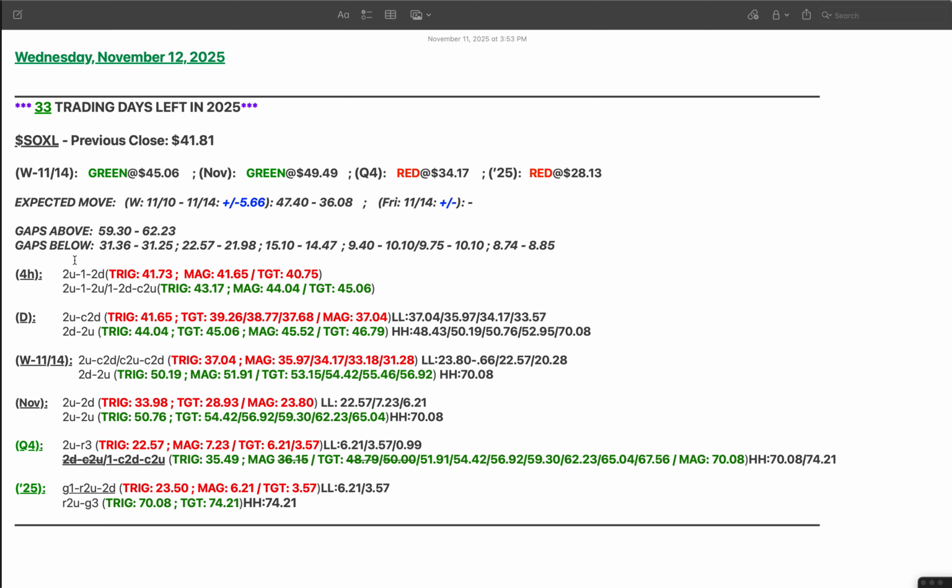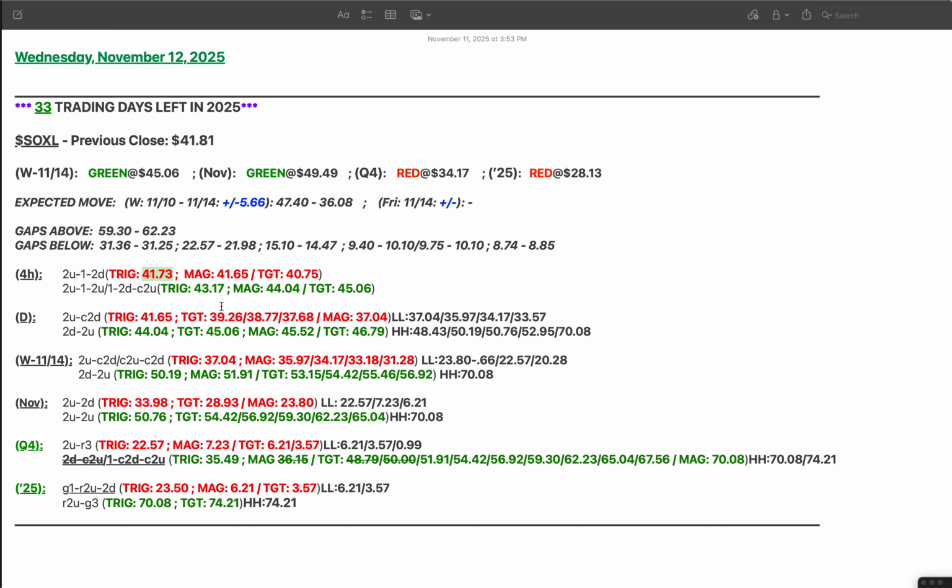Again, from the scalping perspective on that 5-minute chart, we want to look for higher lows at or above opening print to get into calls, and we want to look for lower highs at or below opening print to get into puts, right? Now, from more of a day trade perspective, on the 4-hour chart, if we get action to the downside, that gives us a 2-1-2 down reversal,